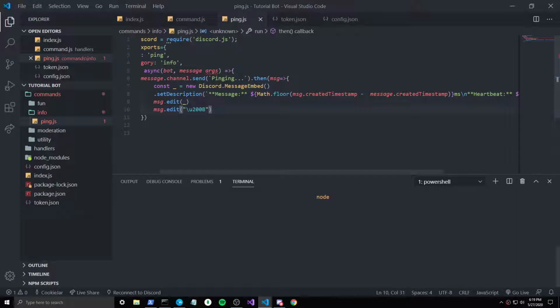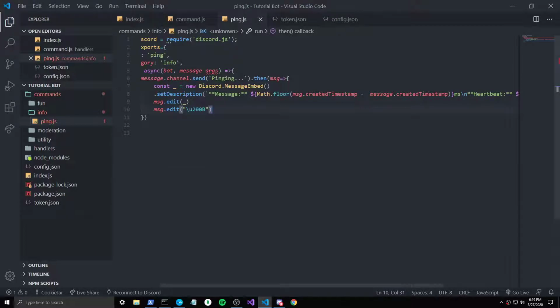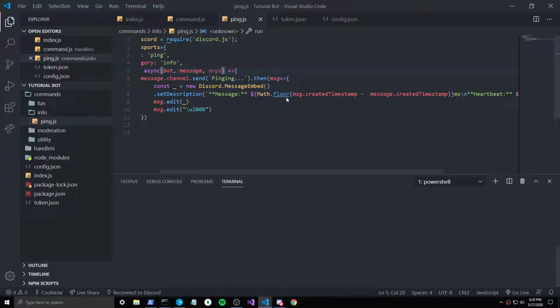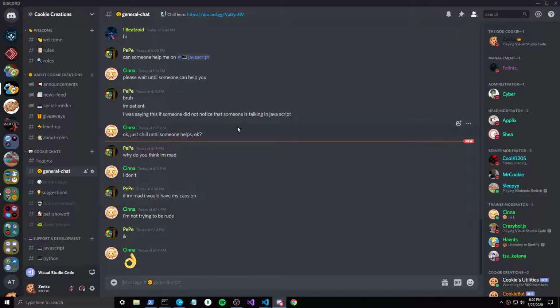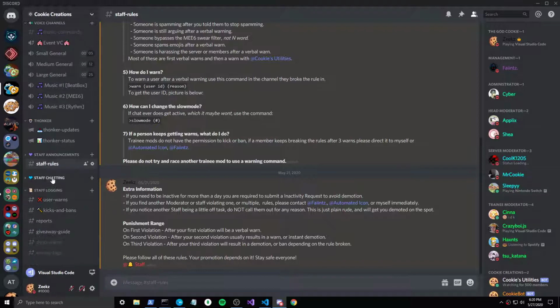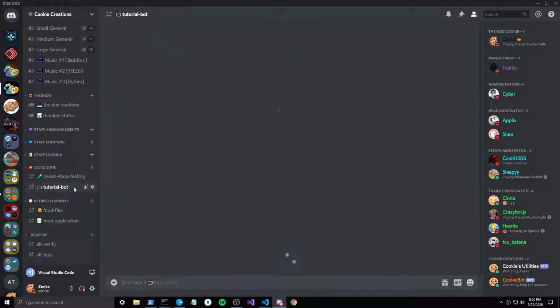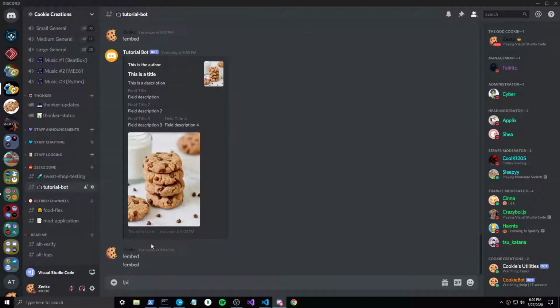Awesome. Now node space dot, I have an error, give me a second. I'm supposed to comma. Node space dot, it says loaded command ping, and now we go to our Discord. Alright guys, so if we do exclamation mark ping,